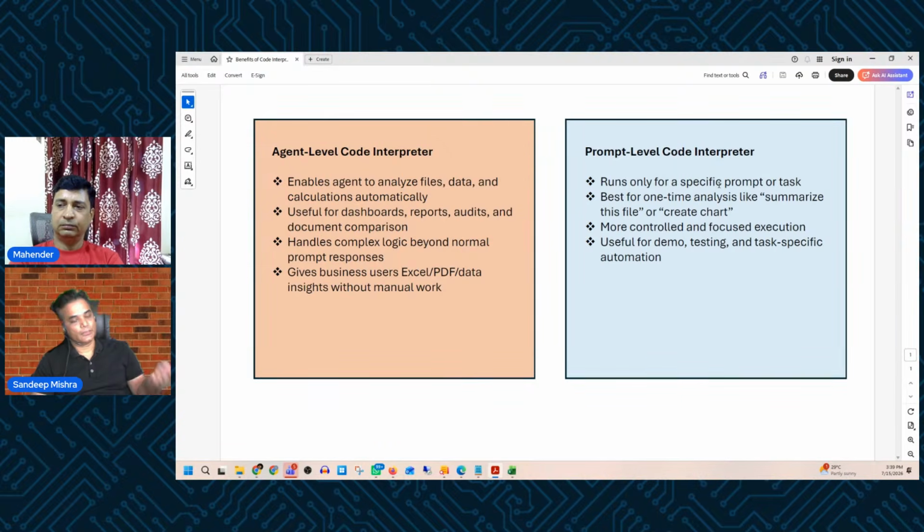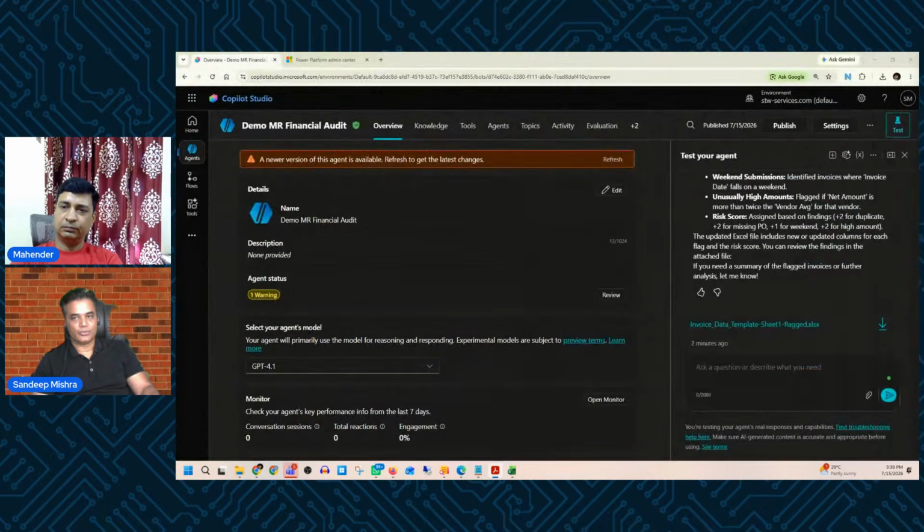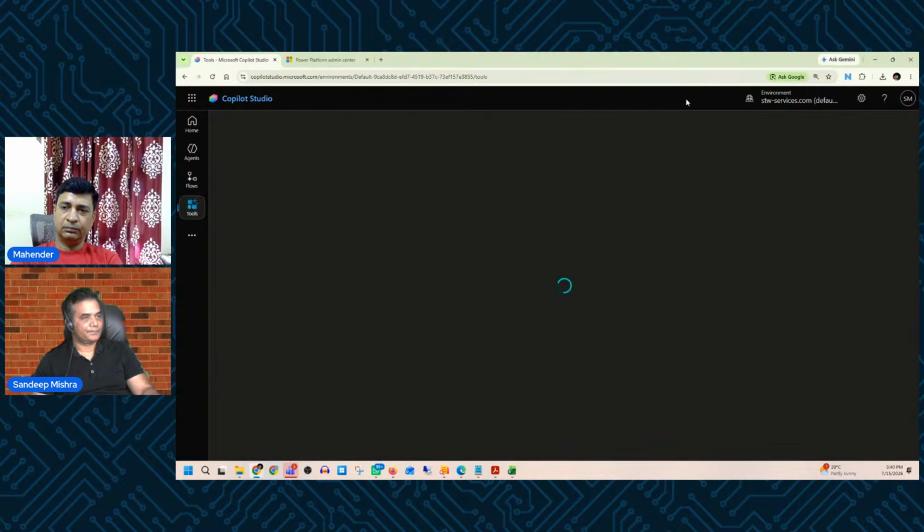where you give the ability in the prompt to use code interpreter, and that is what you can use in your agent. So it will not use code interpreter for every instruction. Whenever you're asking something, in your instruction you can say that for these special conditions you should use code interpreter. That kind of control you will be able to create if you are using it at the prompt level. So to enable code interpreter at prompt level, we'll go to tools,